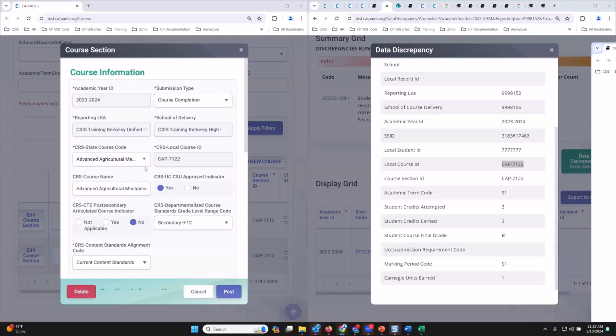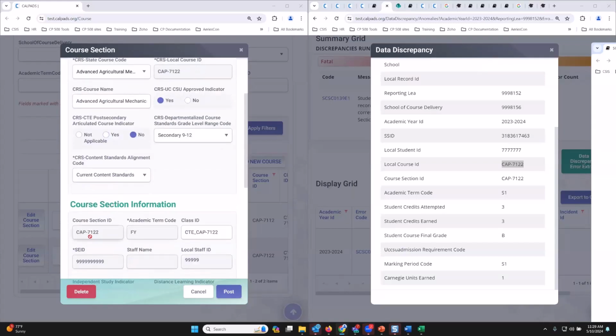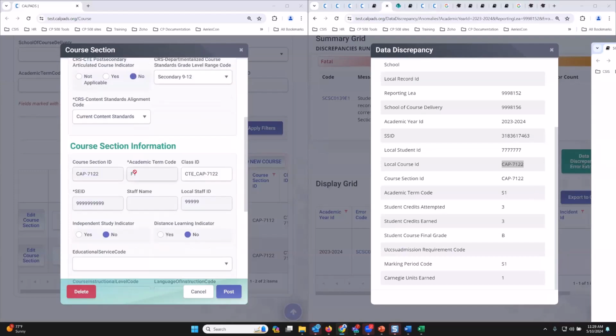Now I compare local course ID, CAP-7122. I have CAP-7122. Course section ID, CAP-7122, CAP-7122. Academic term code, full year, there you go. Academic term code in your SCSE record is S1.